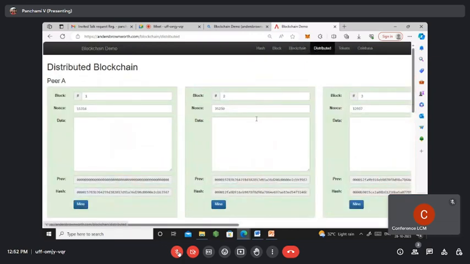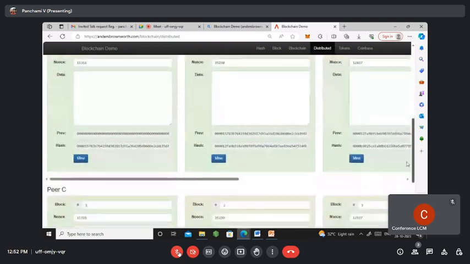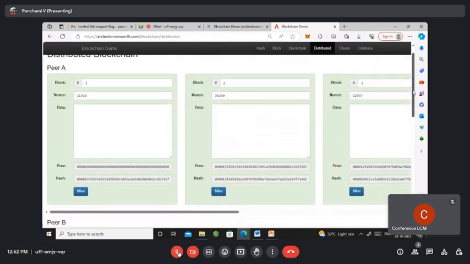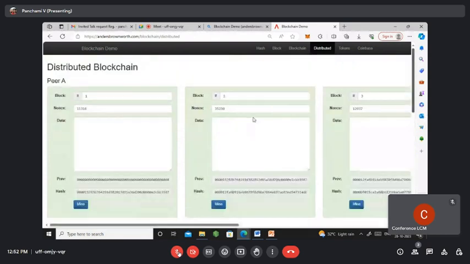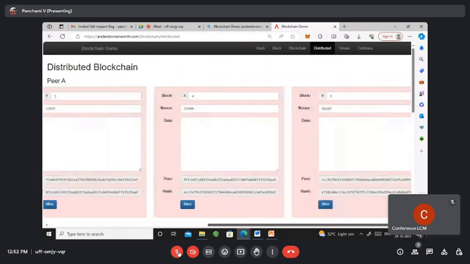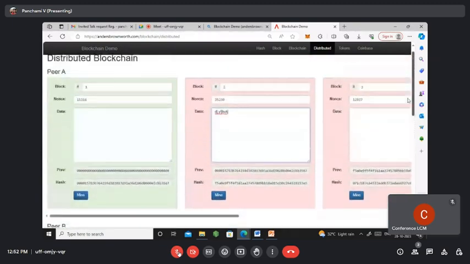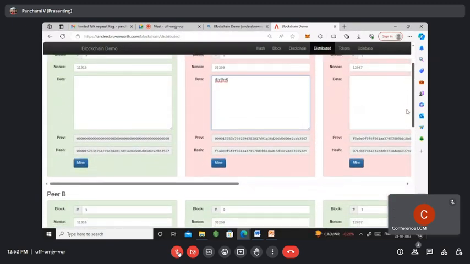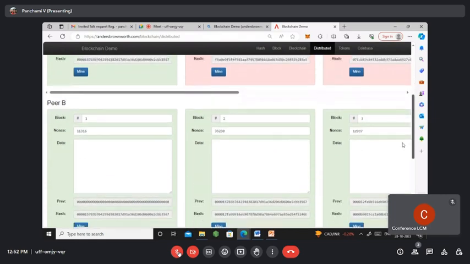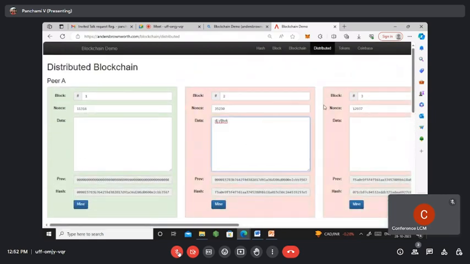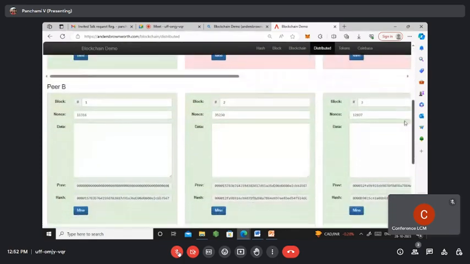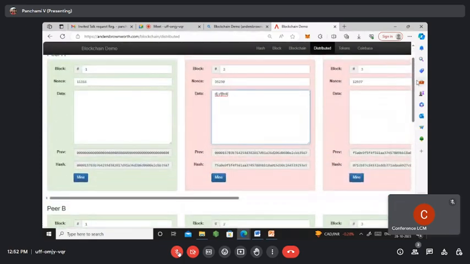Next is distributed. Distributed means there will be multiple users and every user will be storing the same blockchain. For example, assume that A is a malicious user. Okay, malicious, he tried to tamper with the data. What happens? The whole chain becomes invalid. And the chain that he is holding, first, becomes invalid, and second, is different from other users, right? But the point is,